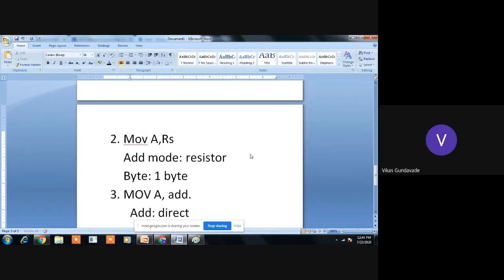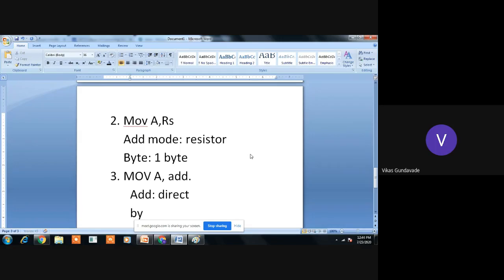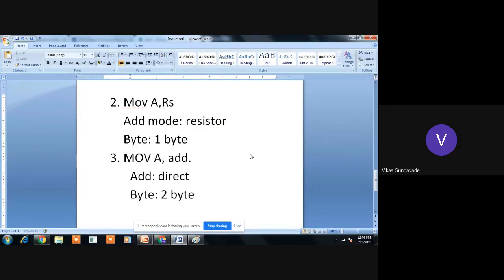And how many bytes are required to store the instruction? Keval, right, it is a 2 byte instruction. Because it will have one mnemonic and another one will be the address.